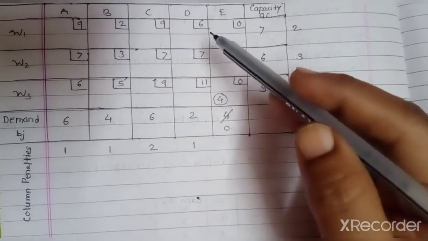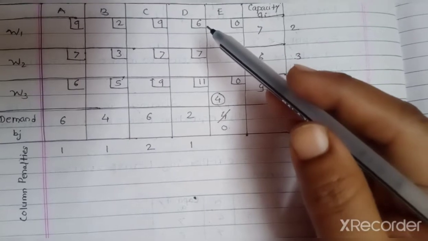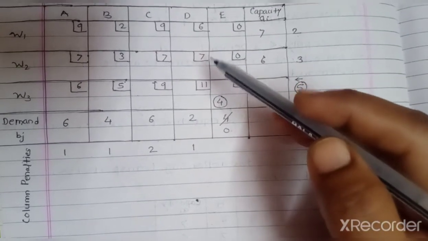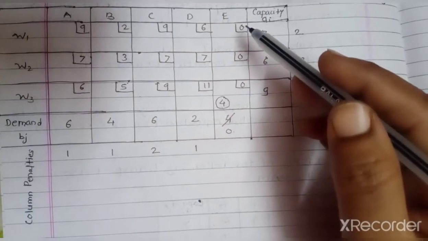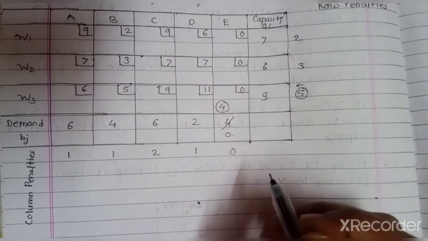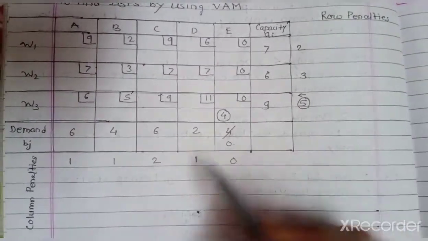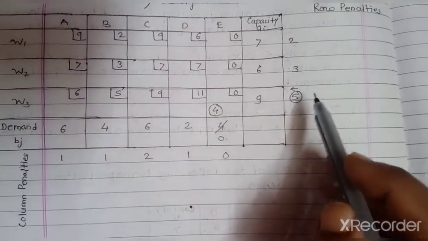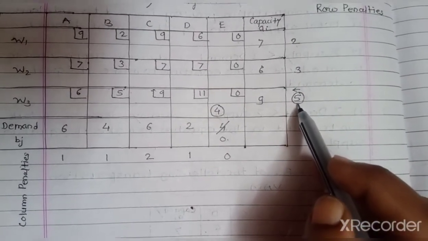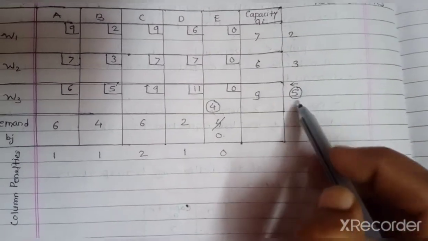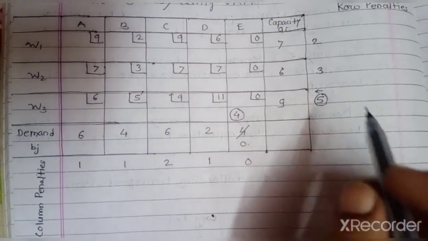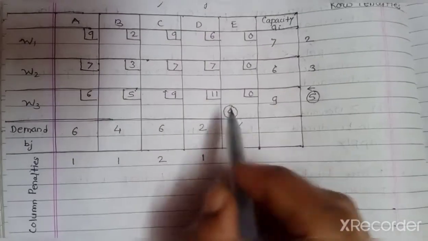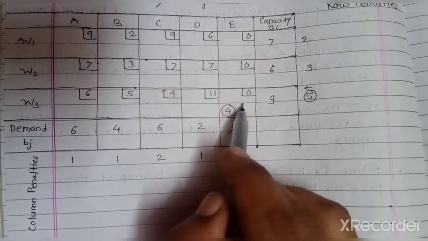Here the minimum cost is 6, the next minimum cost is 7, the difference between them is 1. And here in the last column, all the costs are 0, and the difference between them we write down here as 0. Among these row penalties and column penalties, we have to check which one is the maximum. So see, 5 is the maximum. So we circle it and we consider this the first row for filling the allocations. Among that row's entries we have to check which one is the minimum cost.